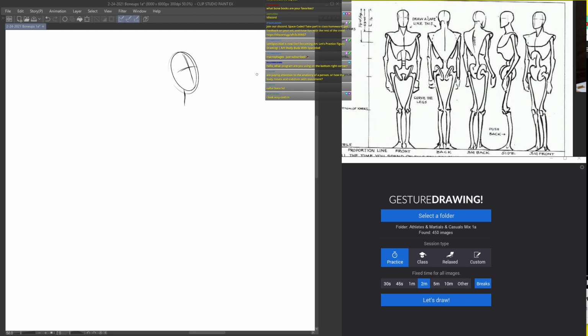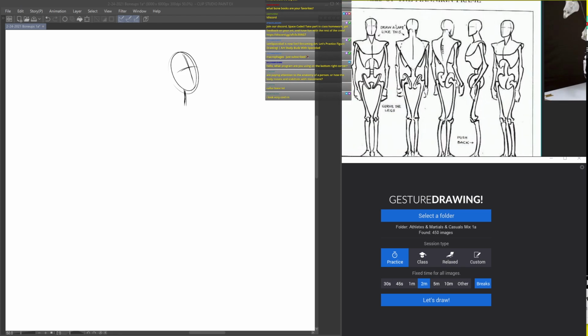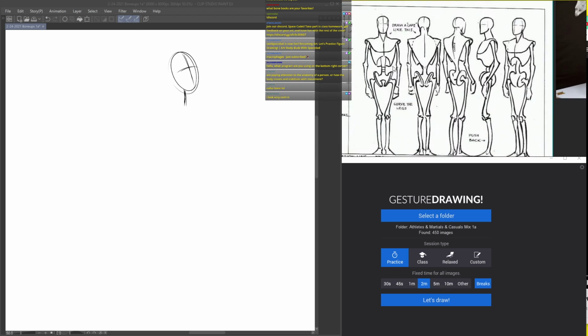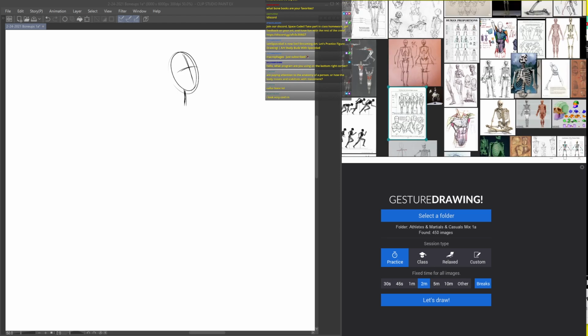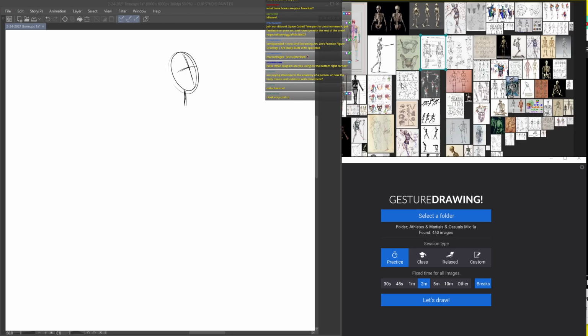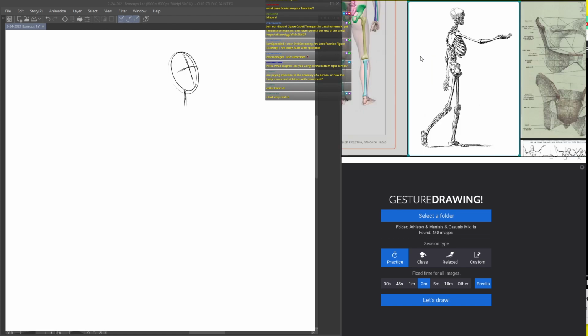He's pretty simple. This one's a little bit more complex because it has a little bit more of a neck anatomy thing going on here. But you can see he's really trying to show how the curves of the limbs work, because there's curve to the bones of the body. Your limbs aren't really straight lines. There's curvature and rhythm to the bones. You can see that here, even in this little